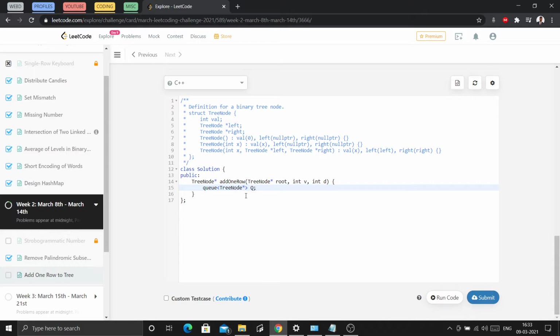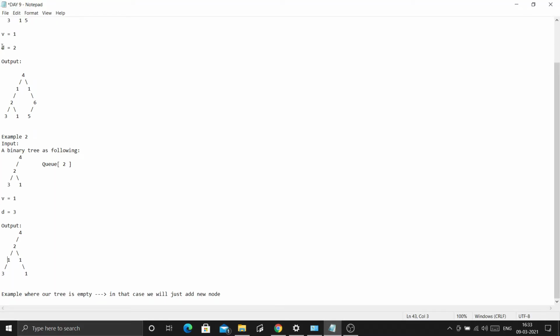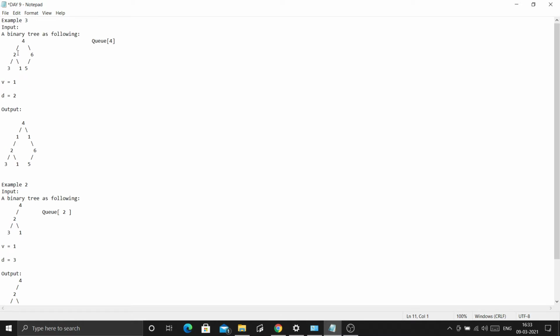Let's name it as Q. Okay, and first I will push root in it. So initially our root is inserted. Now I will check for the depth at which we have to stop. We can see here at d equals 2, we have to stop at d equals 1. I have to stop at this level and insert the values.